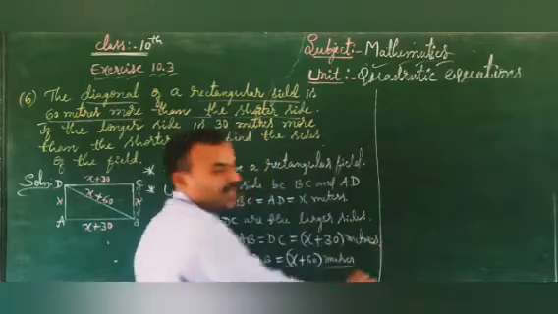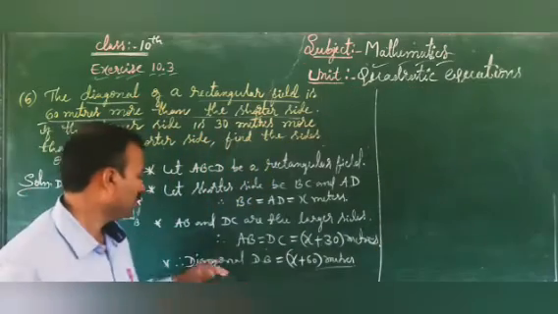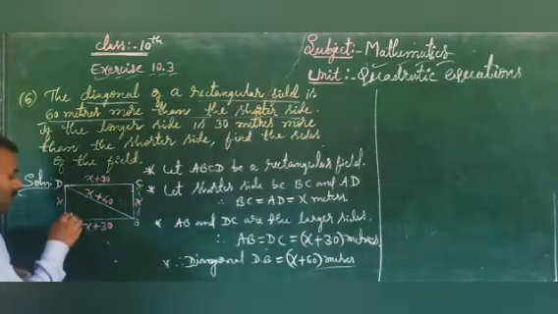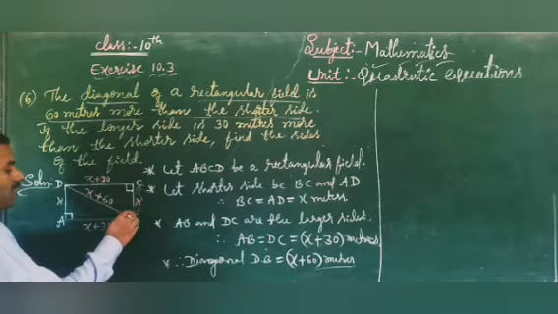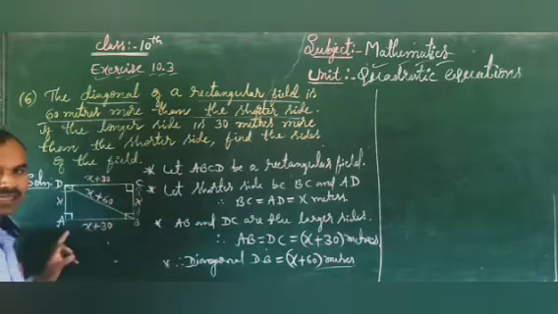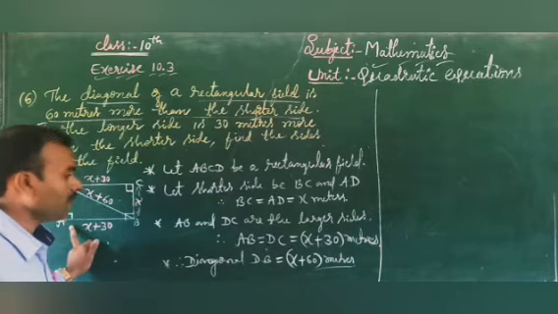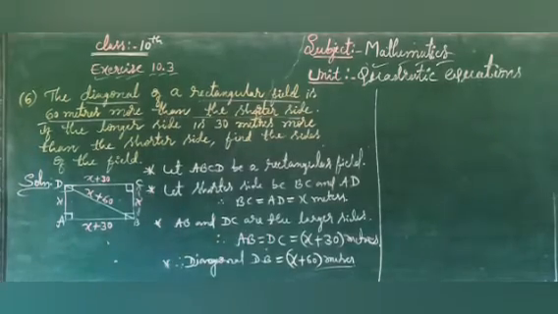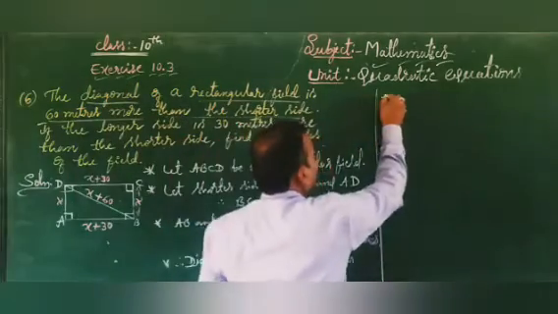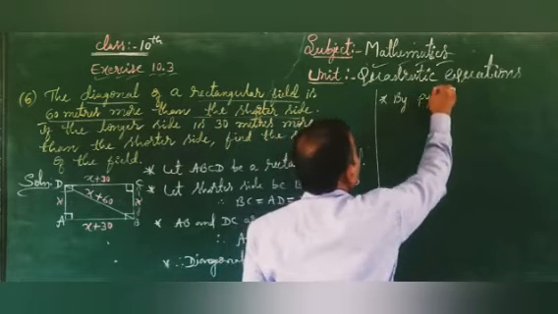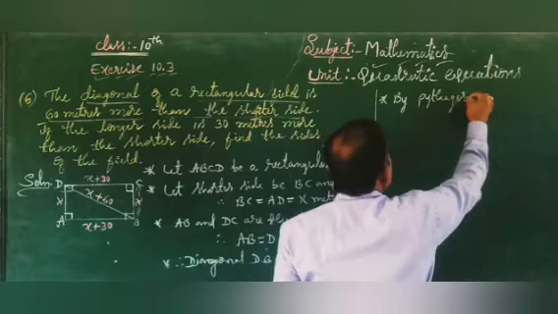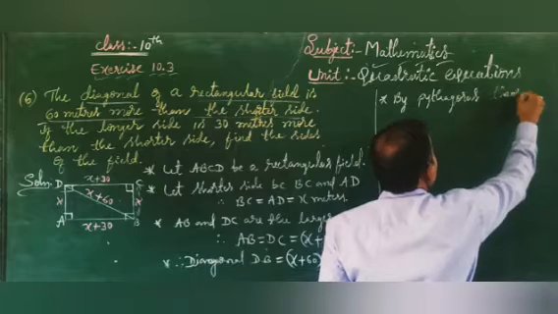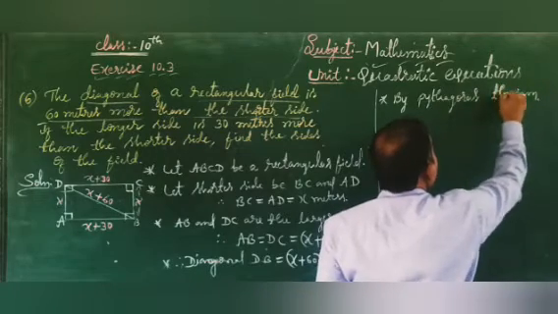Okay. Next, we have to consider the Pythagoras theorem. Here the angle is 90 degrees. Each angle in the rectangle measures 90 degrees. Okay. Next, by Pythagoras theorem,